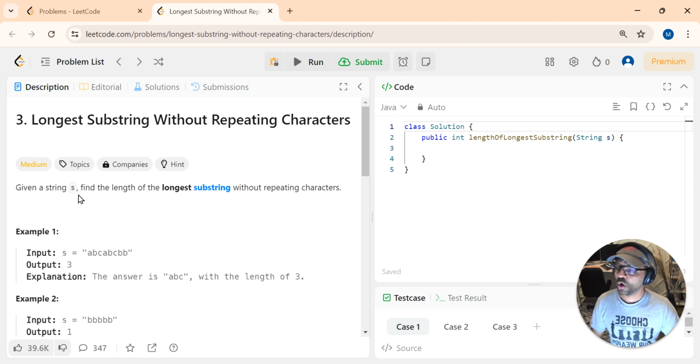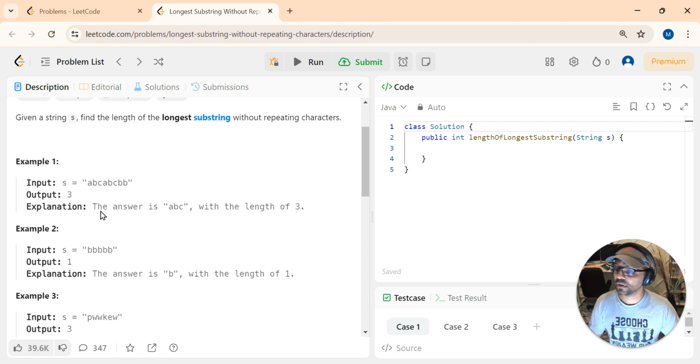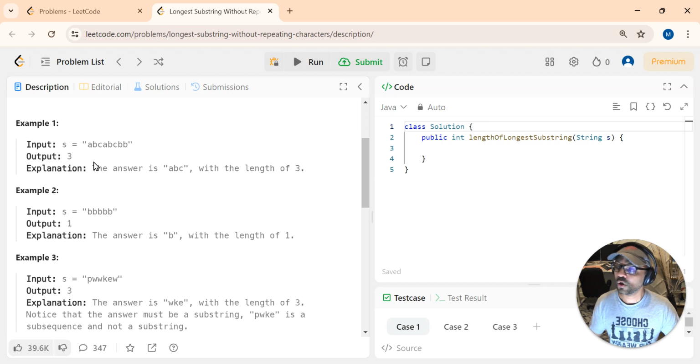Given a string S, find the length of the longest substring without repeating characters. Okay, that's pretty self-explanatory. The examples are ABC, ABCBB, and in this case, the longest is 3. Yeah, it's ABC. In fact, it could be ABC, BCA, or CAB, or even this ABC. But anyway, it doesn't matter. We don't have to figure out how many there are. We just have to return the length of the longest substring that does not